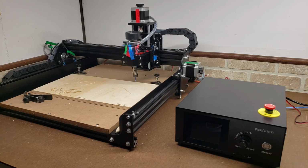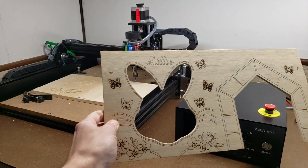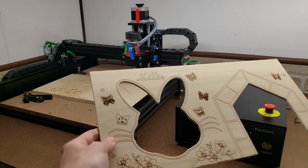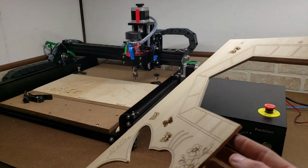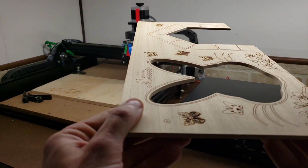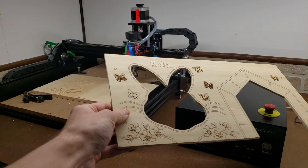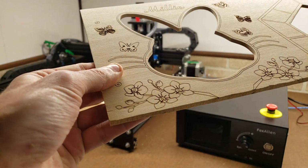So overall, I am very pleased with this machine. I absolutely love it. It's great. My very first project that I executed on it came out flawlessly, and that is this front panel to a hut we're about to put together. First thing I did was I routed it all out, cut out the window, cut out the doorway, and all I had to do was just lightly sand the corners from all the fuzz. But then I mounted the laser module, and the laser module did its job very well. Everything came out perfect, very nice crisp lines,